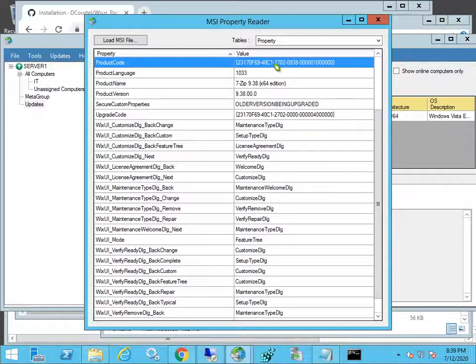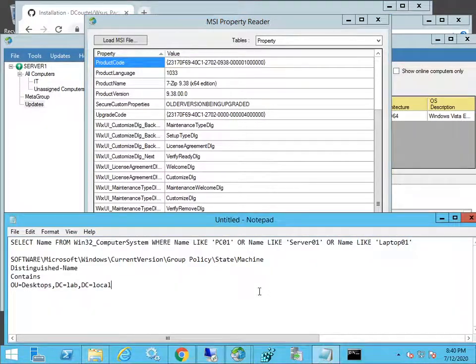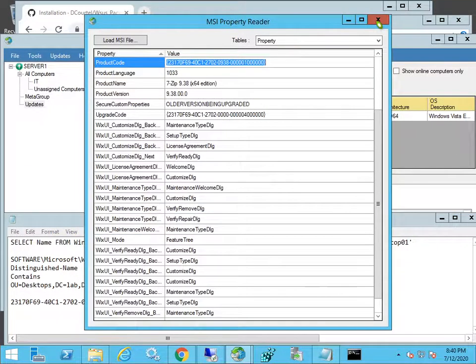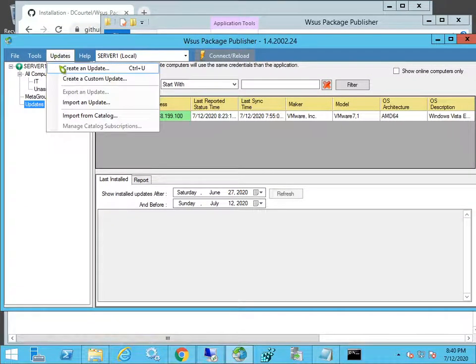And let's note down the product code by slowly double clicking the value here so you can copy. And I just put it here for now. Actually, I have to remove the rest of the text. And then I close it. And then I go to